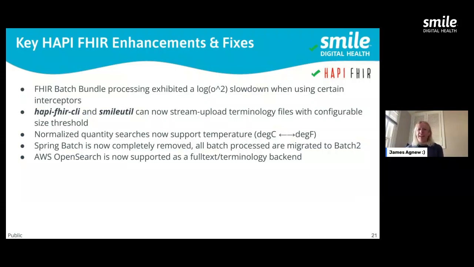We have completely at this point dropped support for the Spring Batch platform. And this means that all of our batch processes have now been migrated to the new Batch 2 framework, which is awesome. Batch 2 brings us great scalability. It's really good for robustness. So I'm very excited by the amount of work that took. That single bullet was just a staggering amount of work over the last quarter. And I'm really happy it's